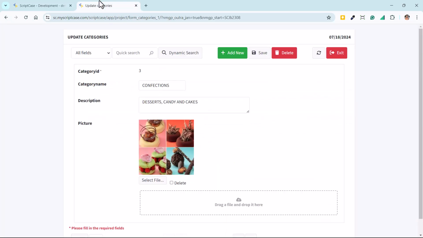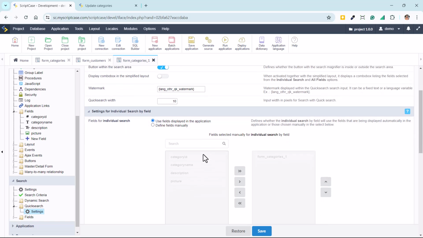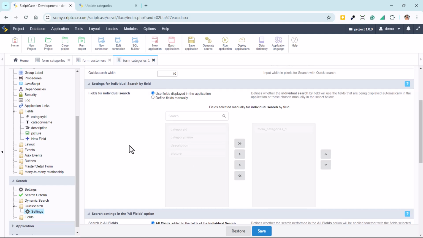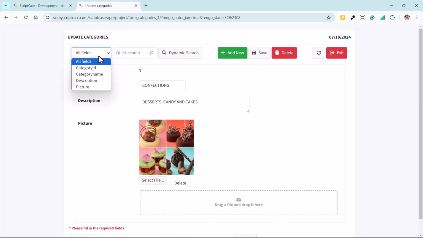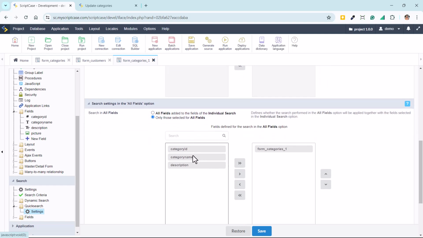Okay, but then when we are talking to the option all fields, we give you this option here to display or not the combo box, but then you have to combine some options here using the settings for all fields and for individual fields. Let me explain here this part. So you have here this all fields. It includes the fields you select here. In the case we are using automatically, so if you set here to use manual, you will select here the fields you want to include to this all fields options. Let's include here, for example, these 3 fields.